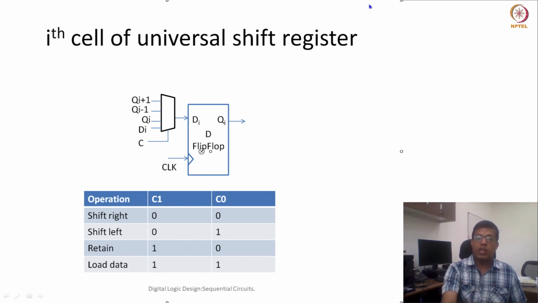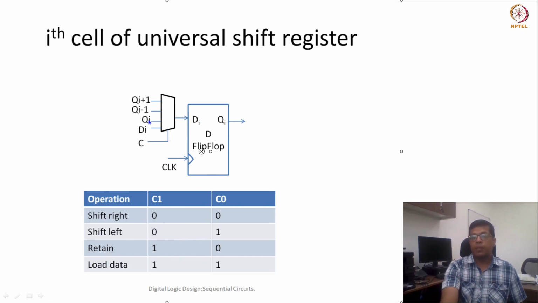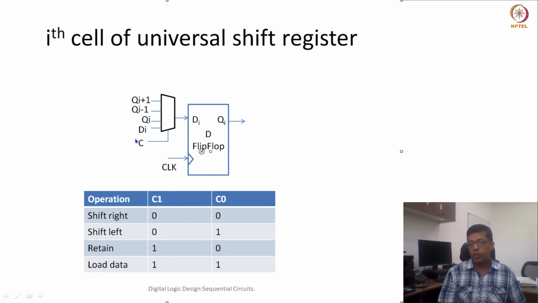Because there are 4 different inputs, my control could be a 2-bit structure, C0 and C1. If it is 0 0, it could be shift right, that means the input is Qi plus 1. If it is 0 1, it could be shift left, that means the input is Qi minus 1. If the control input is 1 0, that means my input is Qi. In case of 1 1, I would like to load the data, so this Di is going to be my external input. So this way I can design my generic or iterative circuit for my universal shift register,